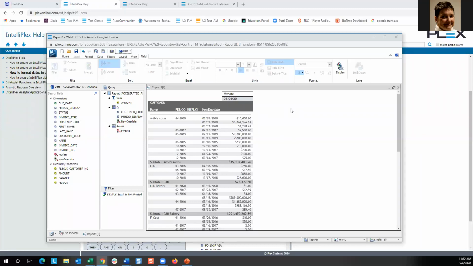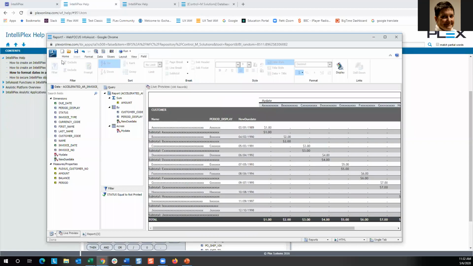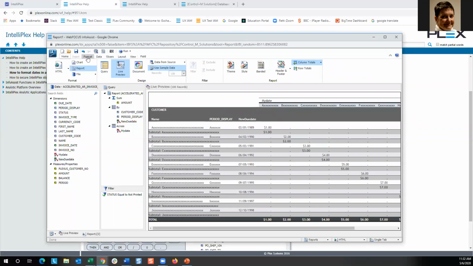Nice thing I can do with this is also change its formats. So I'm going to go back to live preview and go home. And it gives me a choice of the different types of formats. This is an HTML report. One of my favorites is an active report. You can also do it in PDF or Excel or PowerPoint. Nice thing about sending people an active report in their email